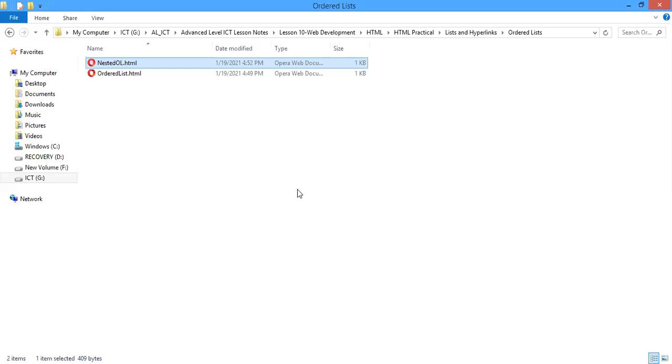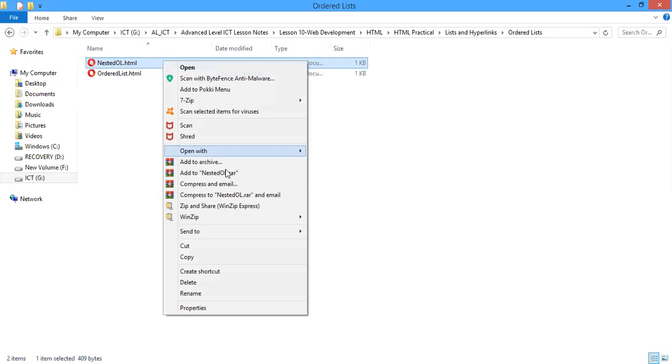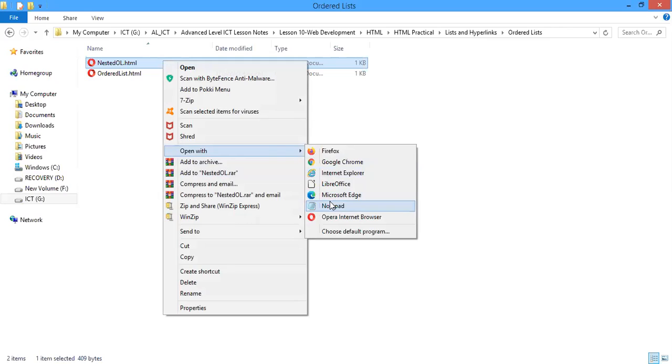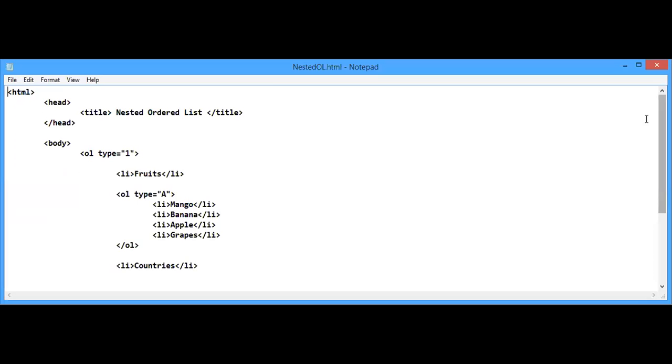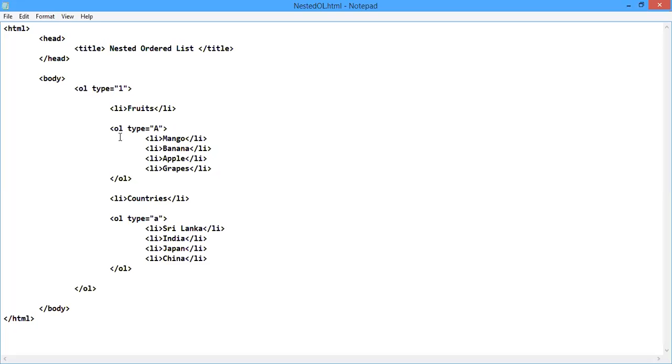Now we will move to the coding of this file. Here you can see the ordered list type is set to number 1. So the outer ordered list is going to use the normal number system to indicate the list items.